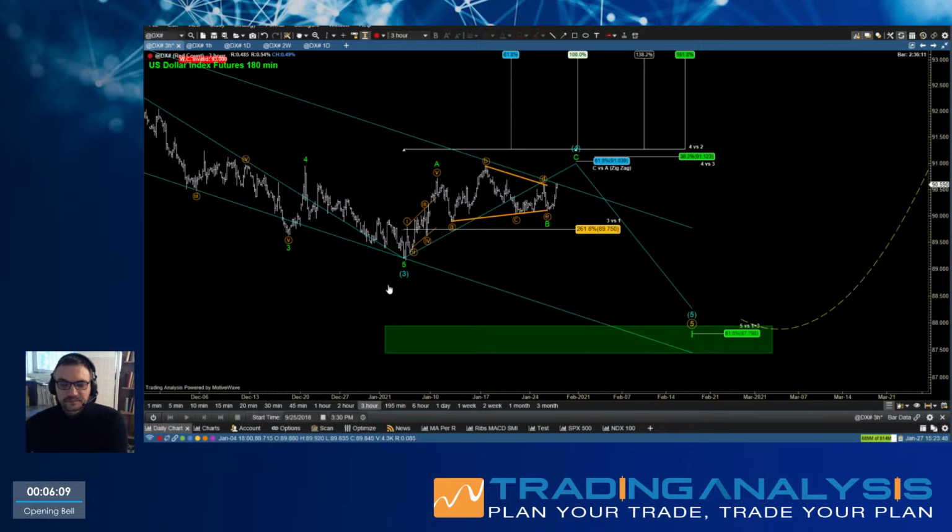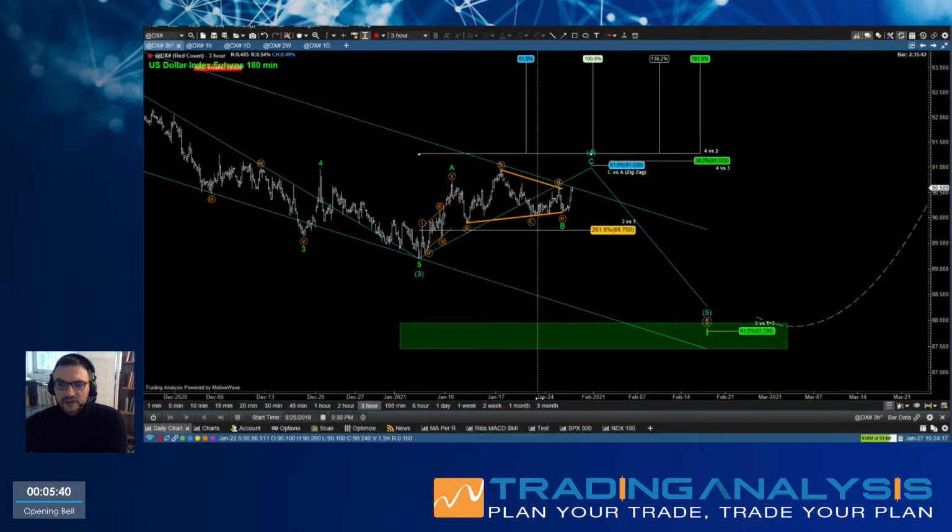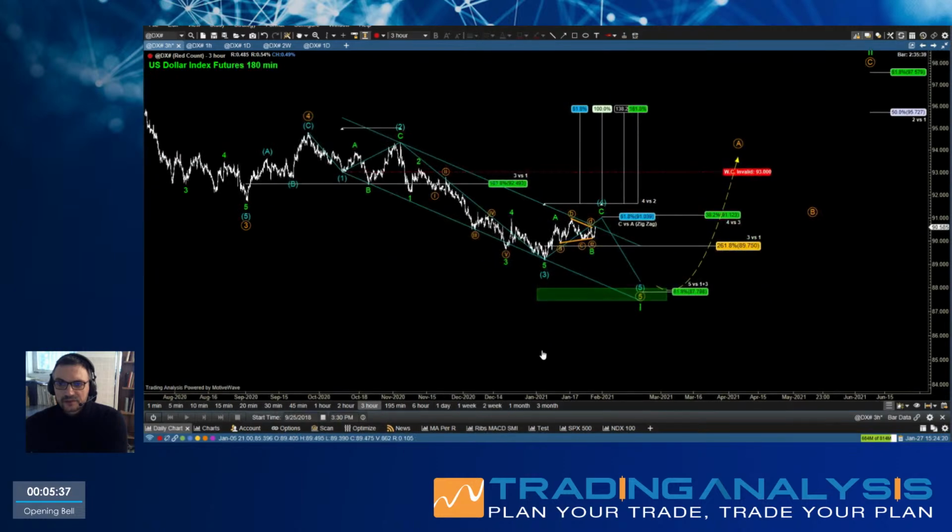Okay, so I apologize. We count this as a leading diagonal in 5 waves up. So there is a wave 1 and 2, up in 3, 4, and 5. And now this consolidation may signal that there is just one more small push on the upside in the wave C. So there is a triangle B up in C, and the usual stopping place in this type of consolidation is 0.618, which will take us to 91.03. And if you look at the time dimension, on currencies we always look at it, because usually they work